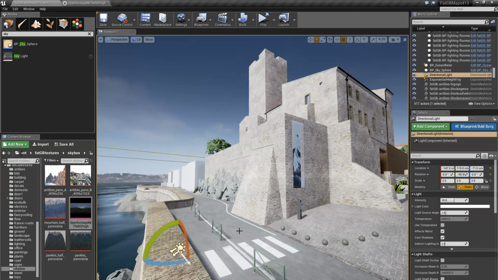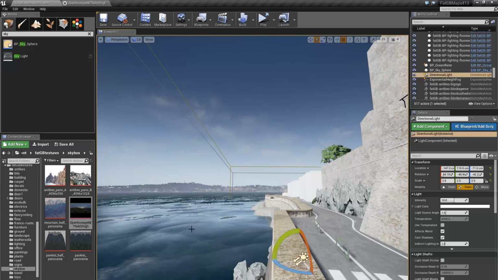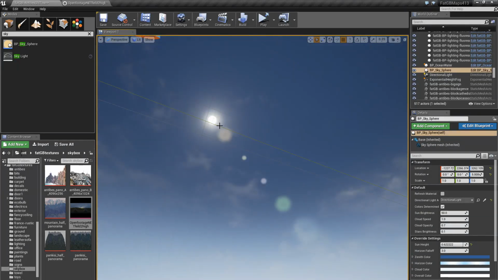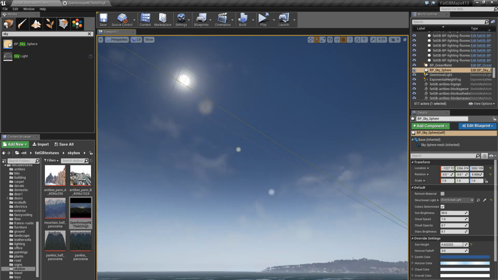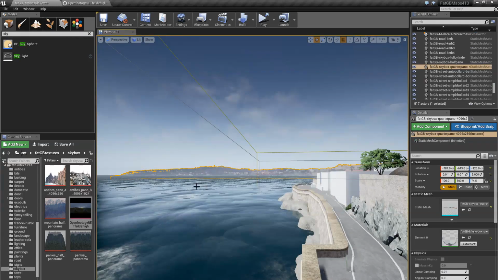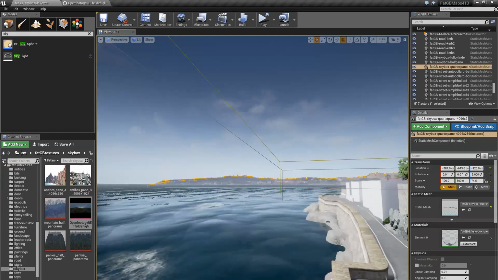Yeah, so you obviously want the directional light to marry up with the position of the sun, and I think it's automatic, but you might have to rebuild to get that. The other aspect of this skybox is these bits, which is just a texture, well, material,